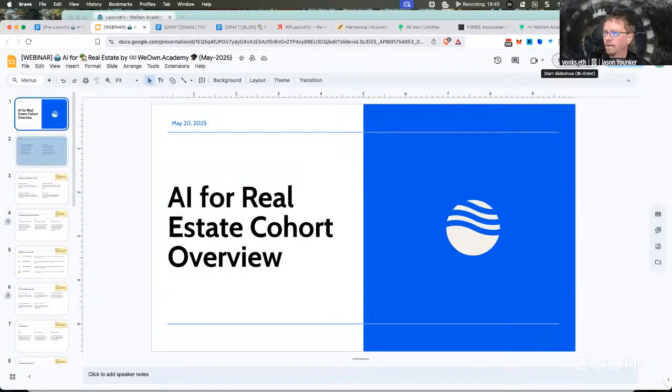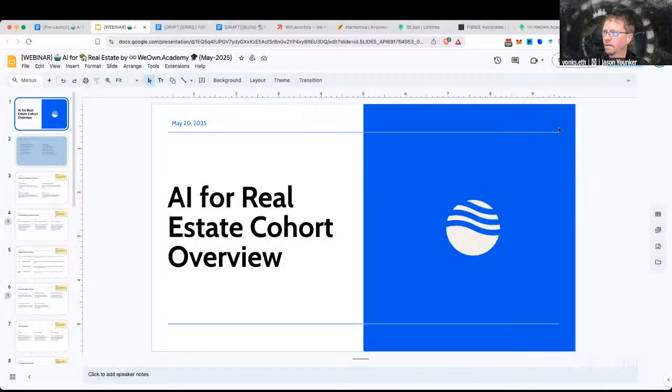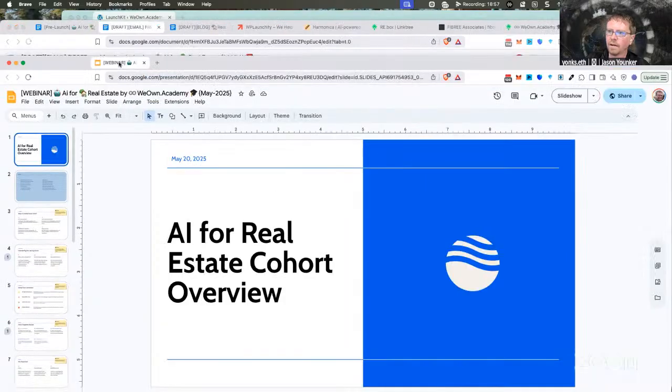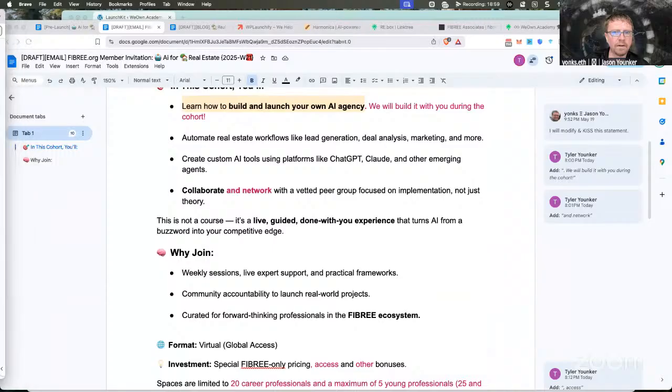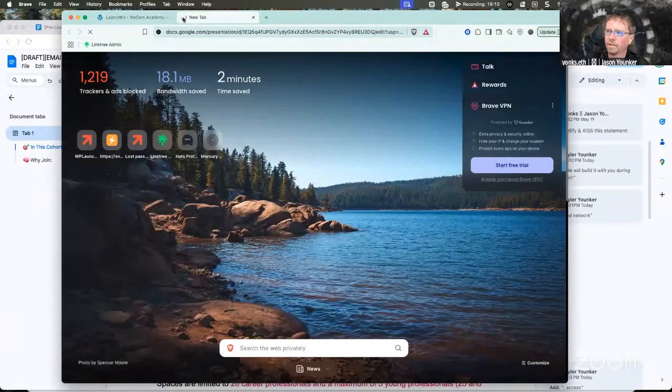My computer is not liking the presentation mode. Not sure why that is. Let me try it in a different browser. Share. Okay, so let me try it in this browser.